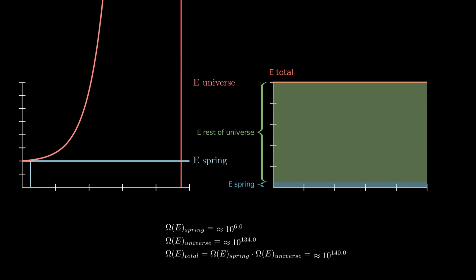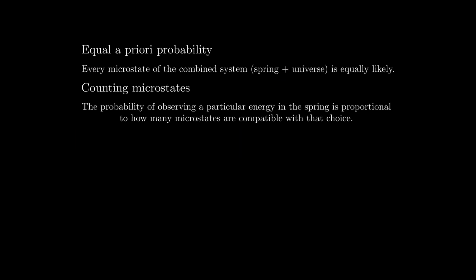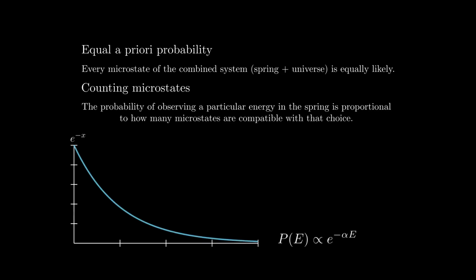We can make 2 assumptions. 1, every microstate of the combined system is equally likely, and 2, the probability of observing a particular energy in the spring is proportional to how many microstates are compatible with that choice. So, if we plot how many compatible microstates against the spring's energy, we expect a curve that drops off very quickly, so we can base it off of the e to the minus x graph and swap out x for